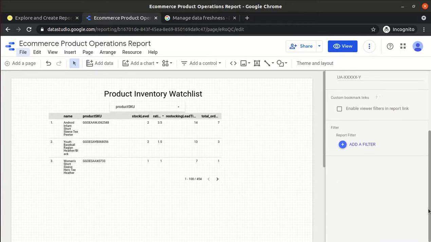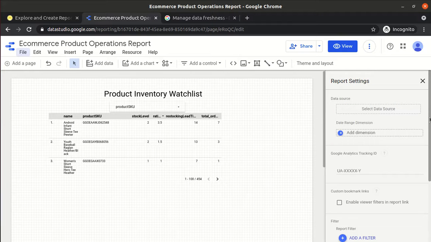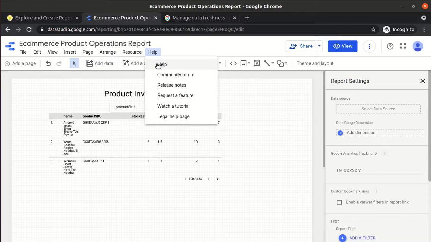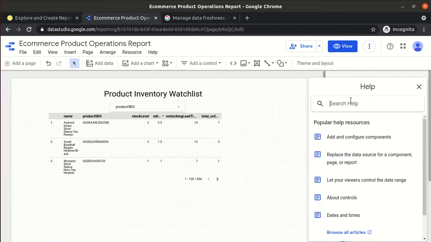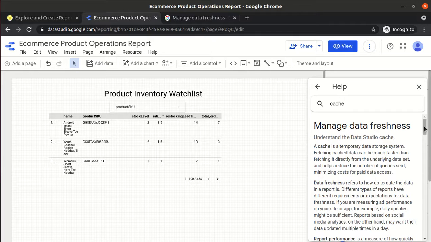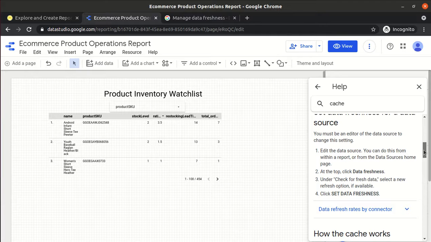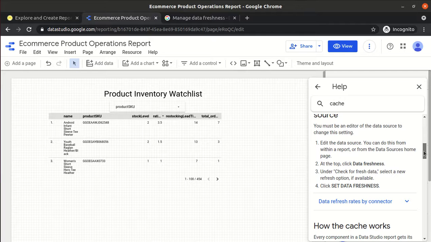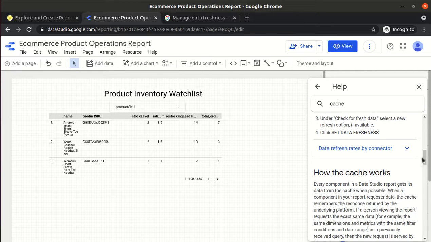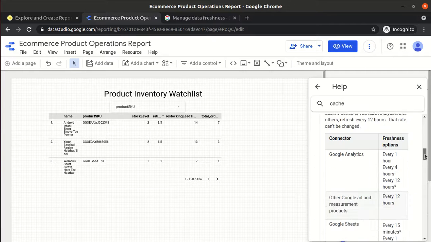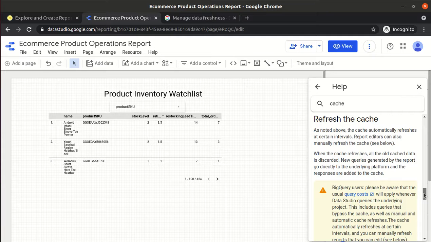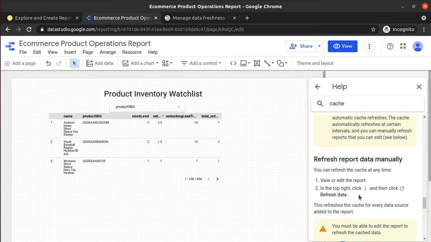This is the report setting only. Okay, view or edit the report.